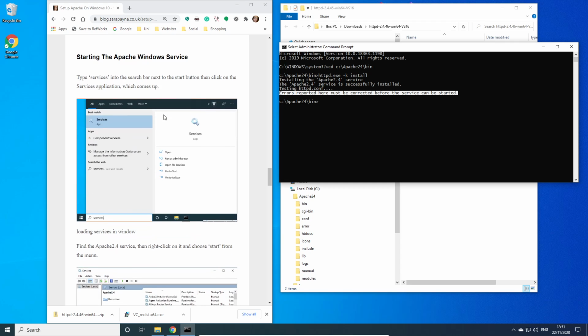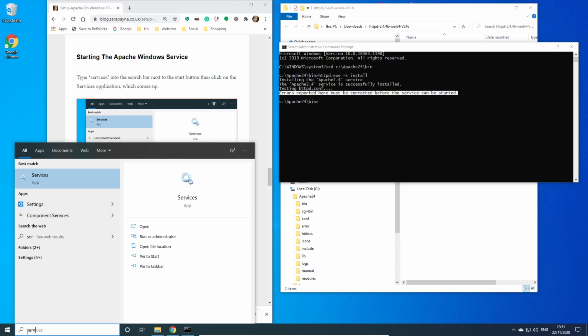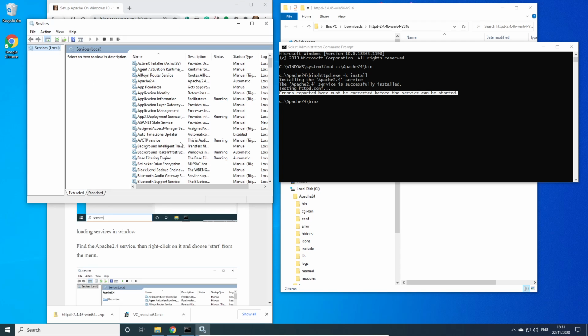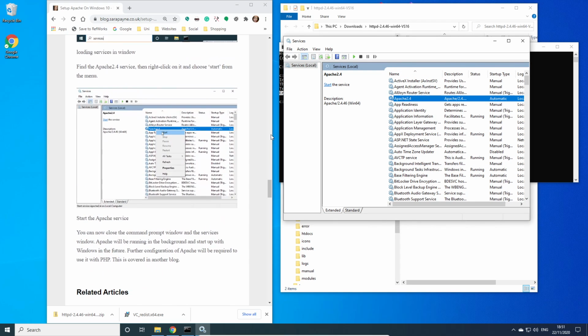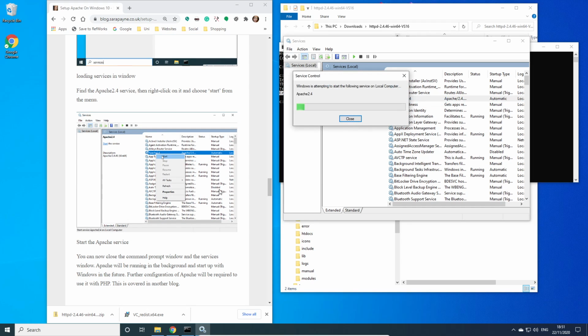So the next stage is actually to install Apache as a Windows service. The main thing's in place, it's there, it's running, we just need to start the service now, having installed it. So we come back to the bottom, go to Services. You'll find Apache near the top. You right click and start the service.